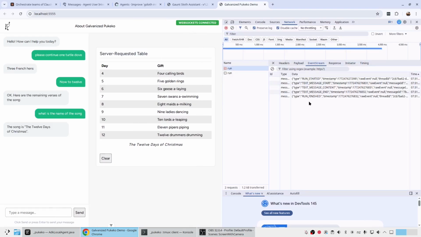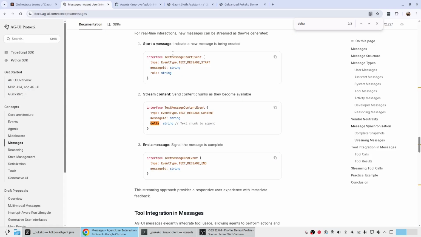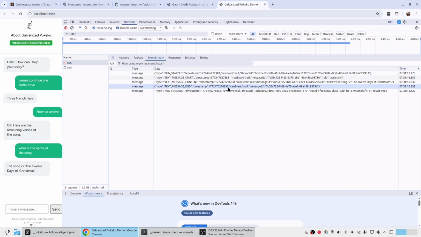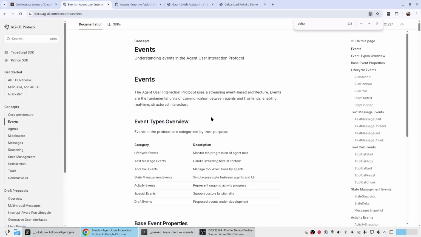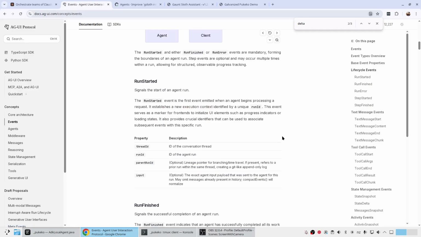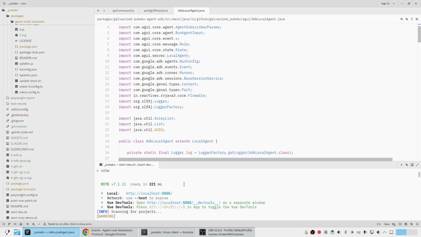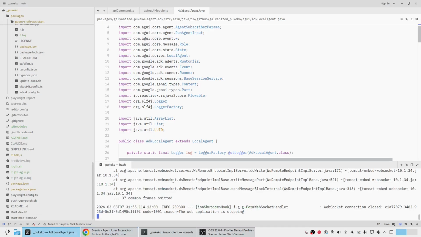Let's have a look at what it sends. This looks like proper AGUI to me. So it sends messages with deltas. It has those events like run started, run finished, and so on. So it looks correct. Yeah, cool. Now let's try with